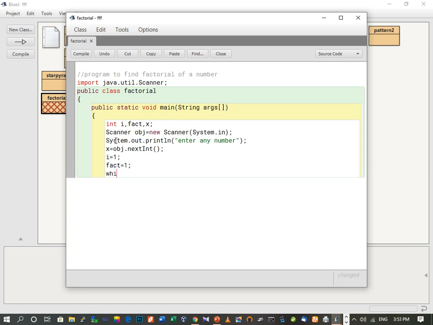Then the while loop starts. While i is less than or equal to x, the value we accept from the user, this while loop will be executed only up to when the value of i becomes equal to x. Till then this while loop will be executed.